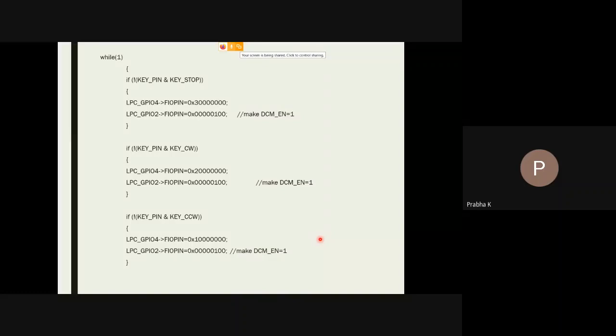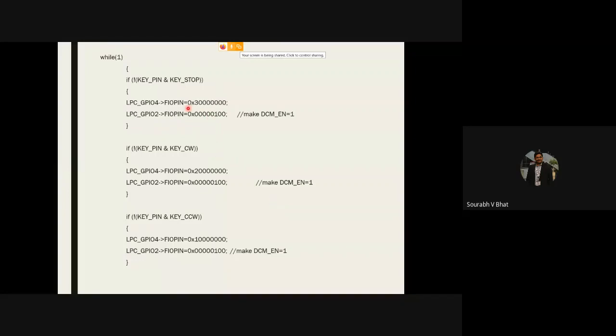Is it over? Ma'am, I had one doubt in this. Yeah, tell me. Ma'am, here we have the IC in between the motor and the processor. Yes. But here GPIO4 is given the value first, and then we change the enable pin of the IC.